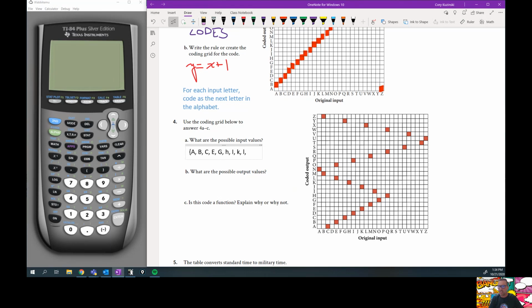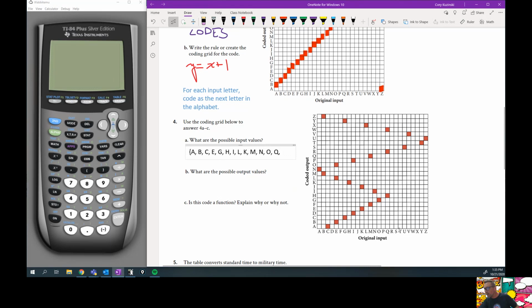H, I, J, K, L. It's just the ones that have blocks above them. So M, N, O, P, Q,